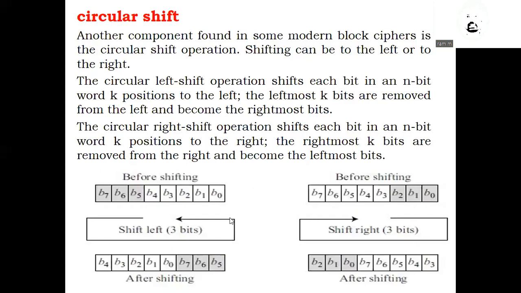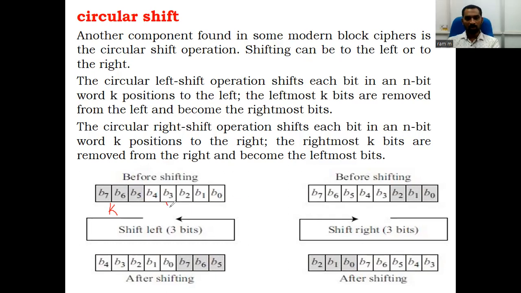Now, in shifting operation, we have two types of circular shift operation: circular left shift and circular right shift. In circular left shift, shift each bit in an n-bit word k positions to the left. The leftmost k bits are removed from the left and become the rightmost bits. Consider this is the n-bit data and this is the k bits. If you do circular left shift with 3 bits, what happens is